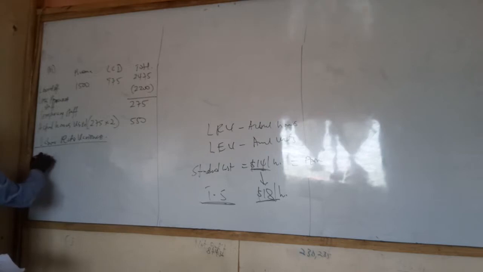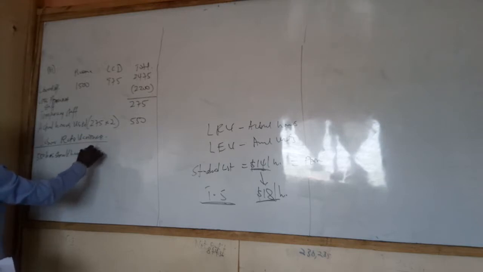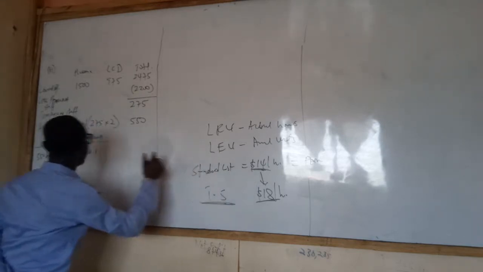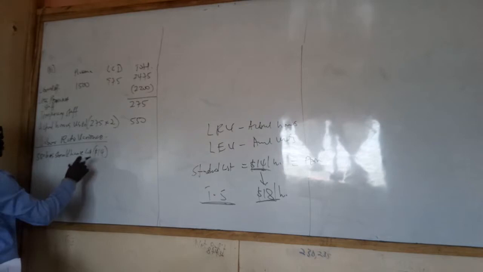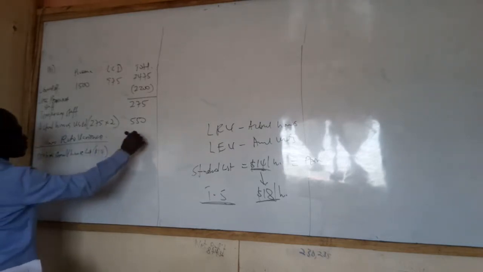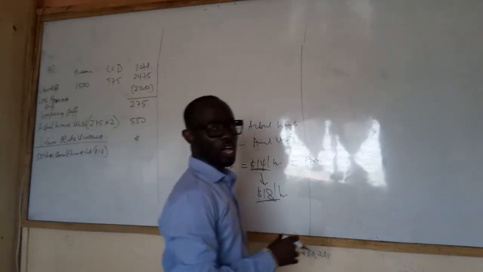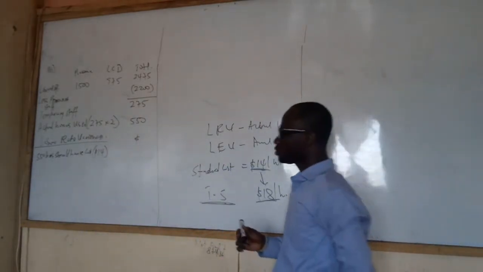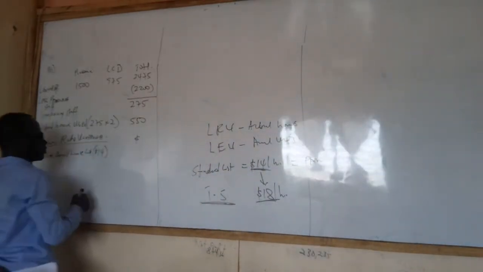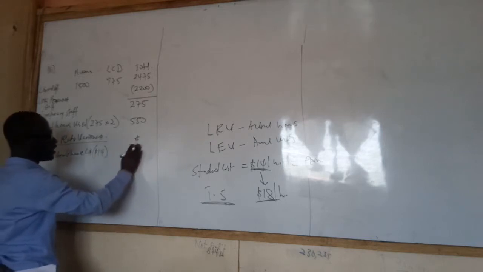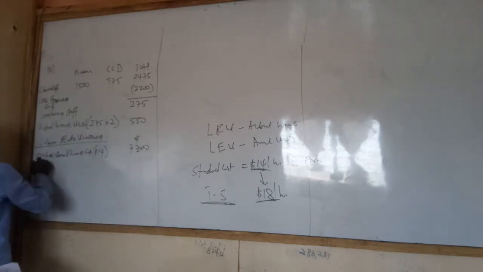So 550 hours should have cost how much? $14 per hour. Can I have an answer? 14 by 550 is 7,700. But this cost,